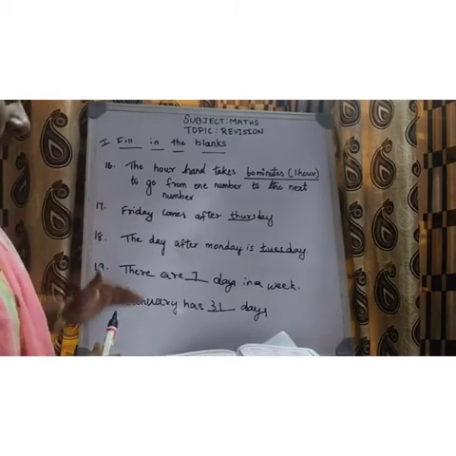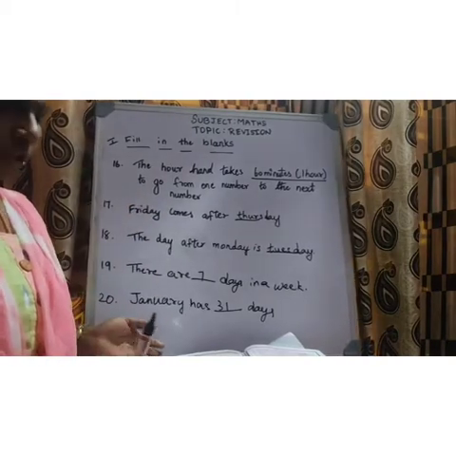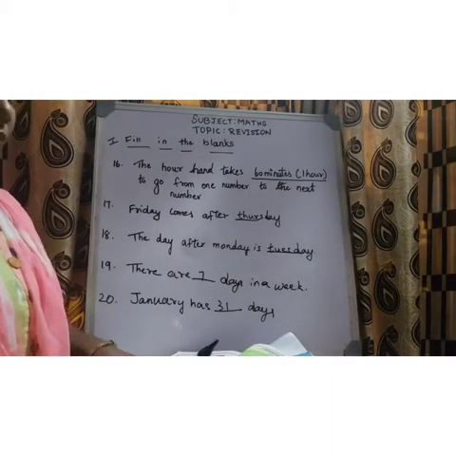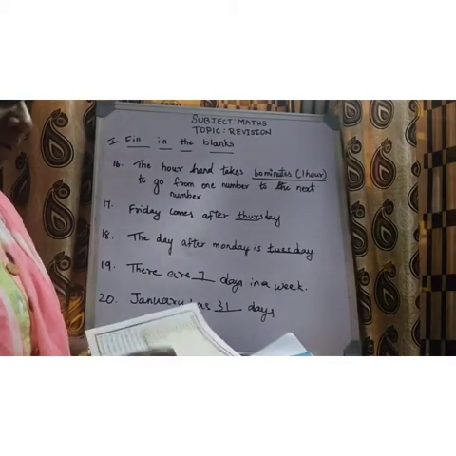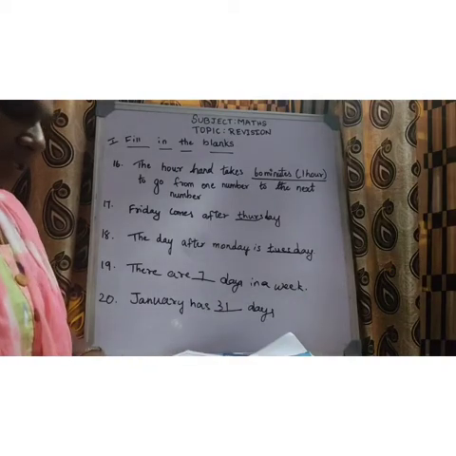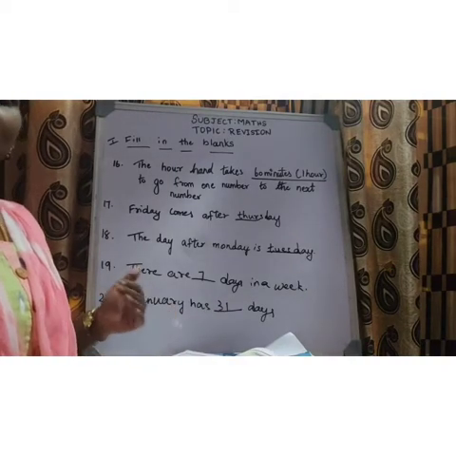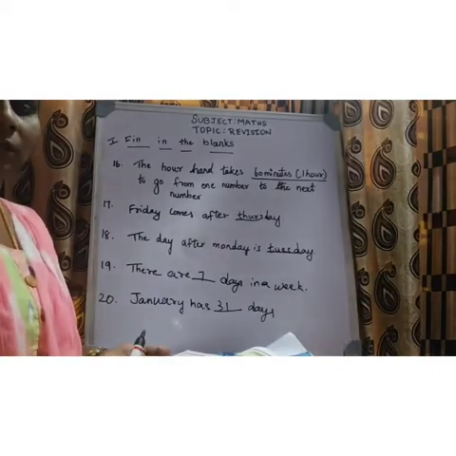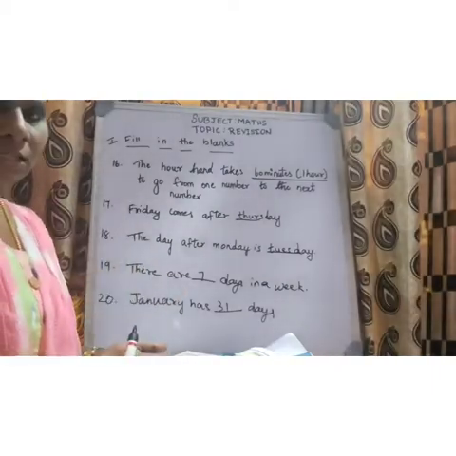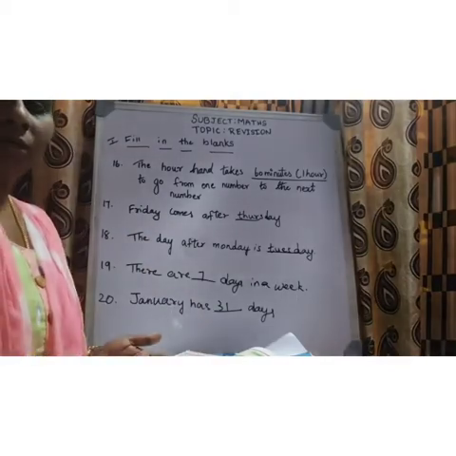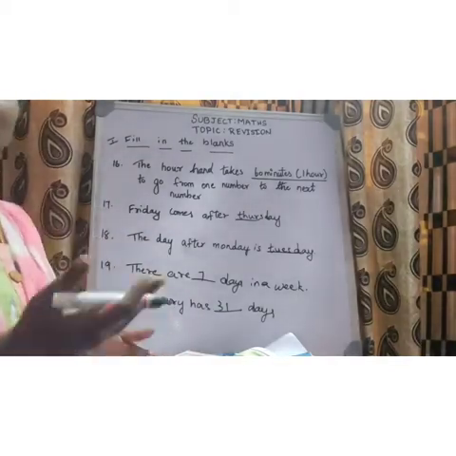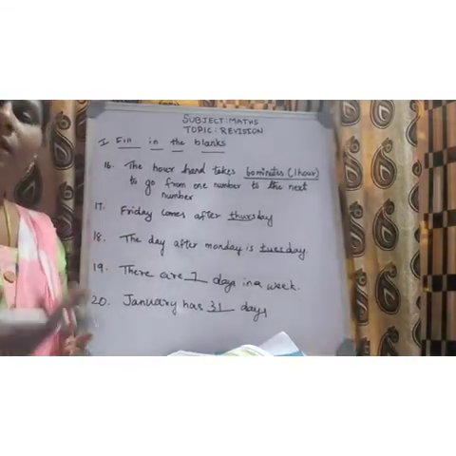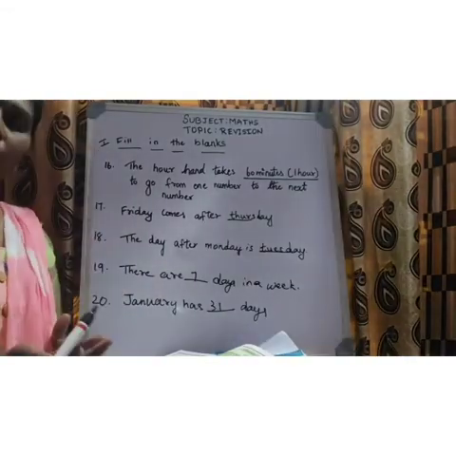These sums are from your government textbook, children. So you can refer to these sums. It is very easy, which you have all learnt in your first standard itself. The time lesson is based on the number of days and weeks: how many days are there in a month, how many days are there in a week, what comes after Monday. After Tuesday the day is what? So this type of questions will be asked.